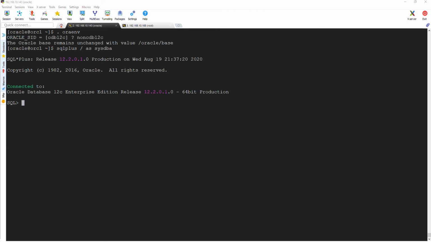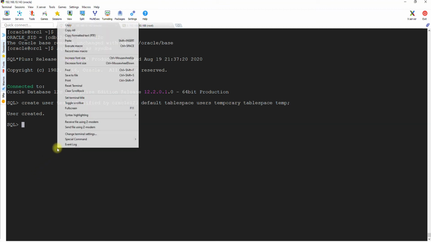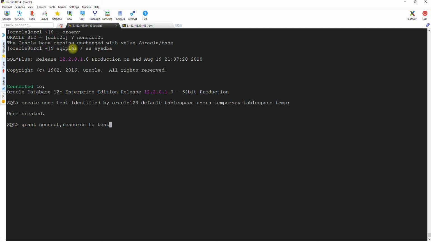For that, I am creating a user, test user. Let's create this user. Let's grant some permission to this user. So you guys need to assume that this is an application schema. This particular application schema will be creating some tables. This is not a good practice to create objects under users. There will be a specific tablespace for the application itself, but this is not the production environment, so we can play around with it.